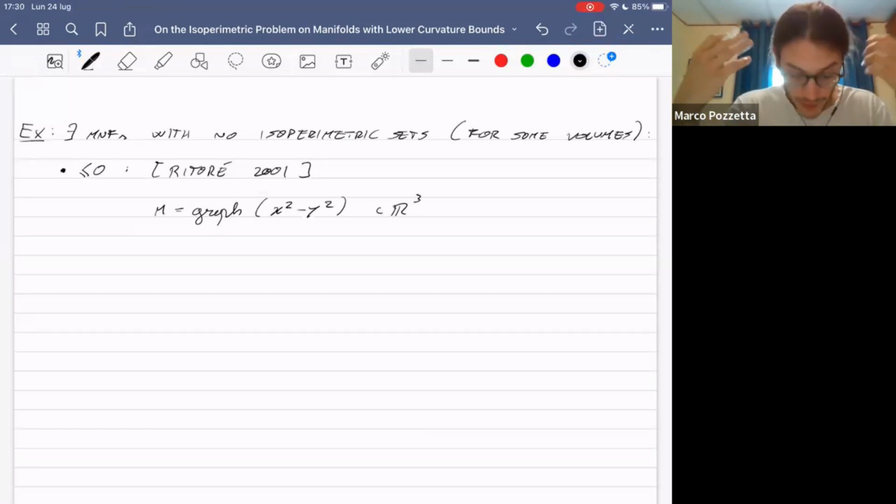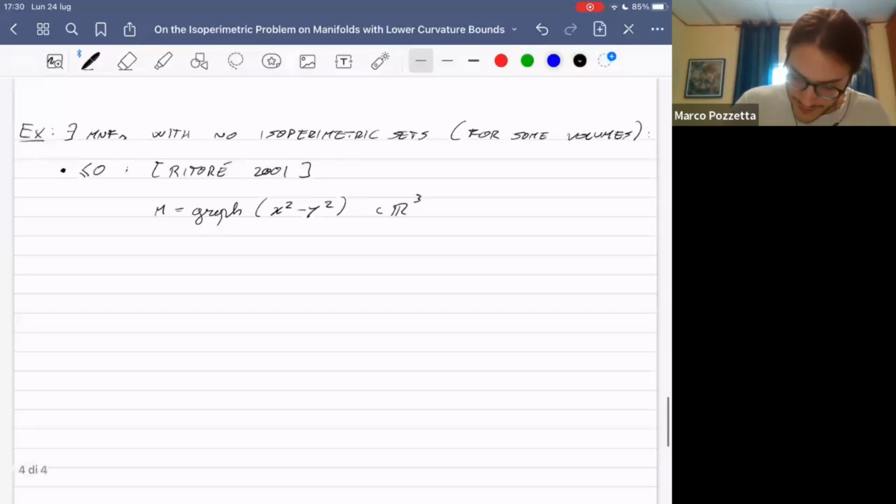It is not obvious, but you can prove that already on a simple manifold like this, it is convenient for a minimizing sequence to go towards infinity. And this is for what concerns the non-positive curvature case, where the thesis is non-existence of isoperimetric sets for any volume,